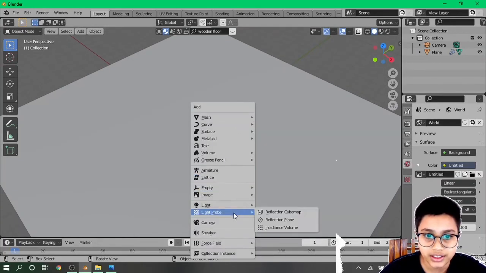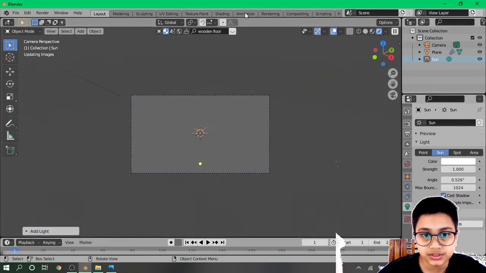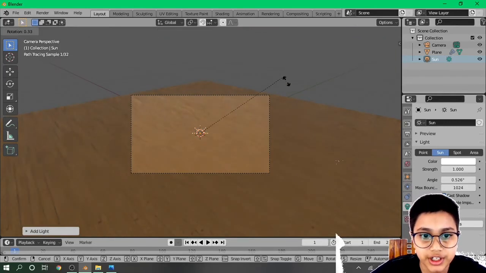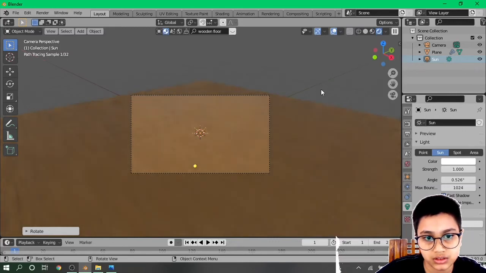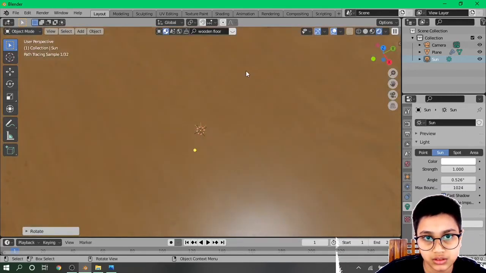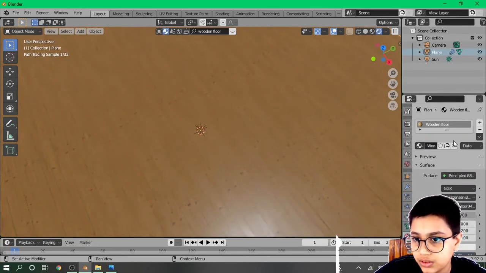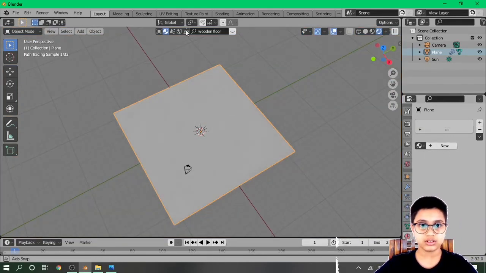Add sunlight, go to the render view, rotate the sunlight, what just happened.